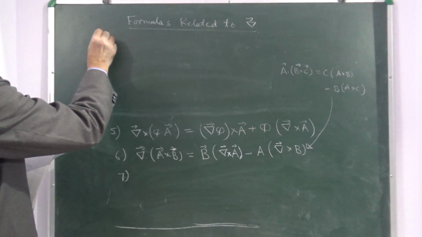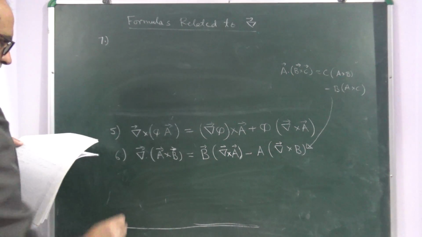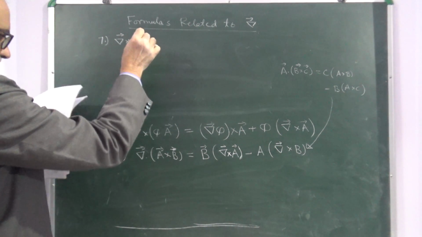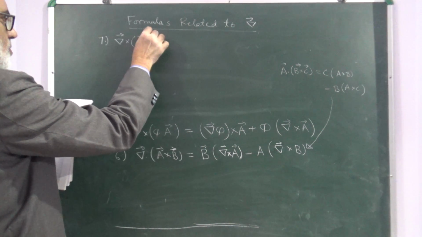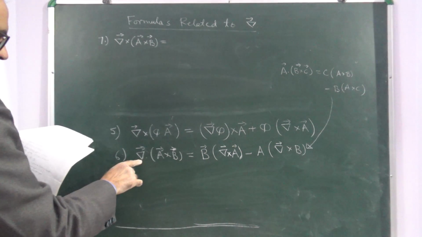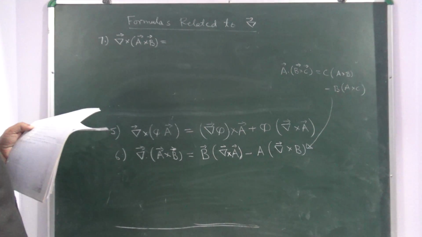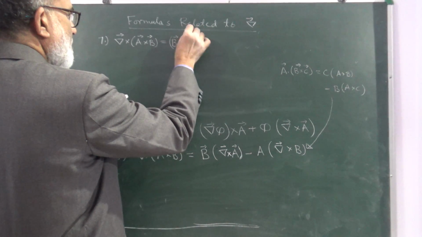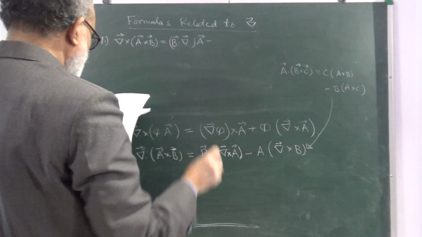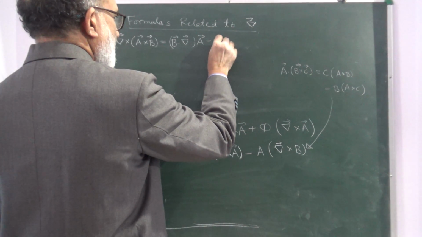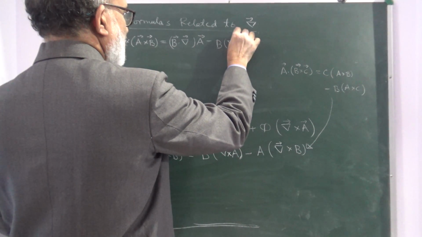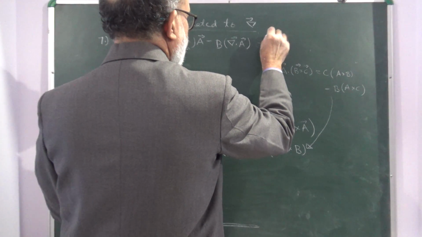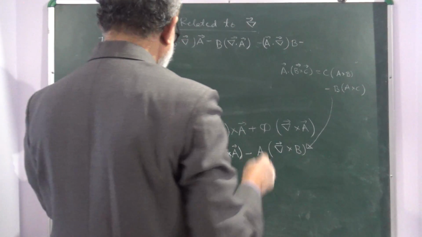Now the seventh: curl of A cross B. Because here it was the divergence of A cross B, now it's the curl of A cross B. So it is B del A minus B divergence of A minus A, minus